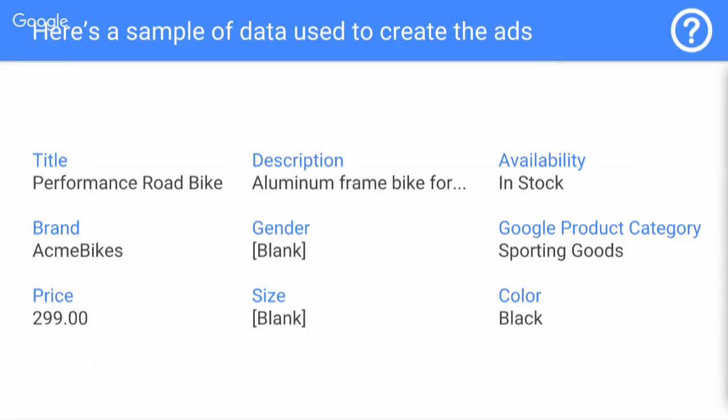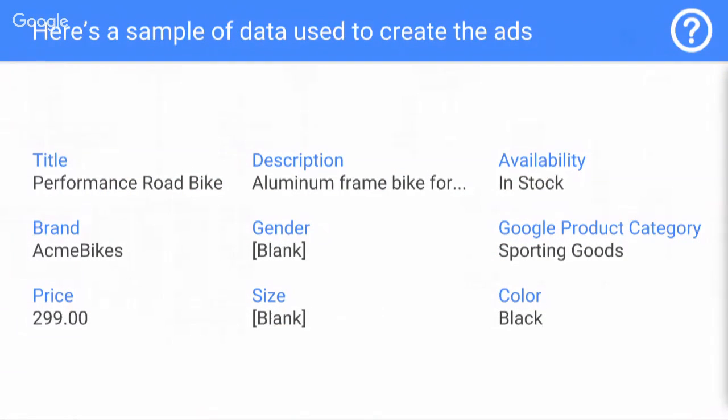We mean, is it a man's bike or is it a woman's bike? Size, bikes have different sizes. So this is where we can fill in this information and really help figure out who's looking for what. Because if I go online and I'm looking for a woman's road bike, then I want to make sure that this information is matching up so I'm finding exactly what I'm looking for. So again, there's nothing horribly wrong with what we're seeing here, but there are some opportunities for improvement. So let's take a look at how we could improve this.